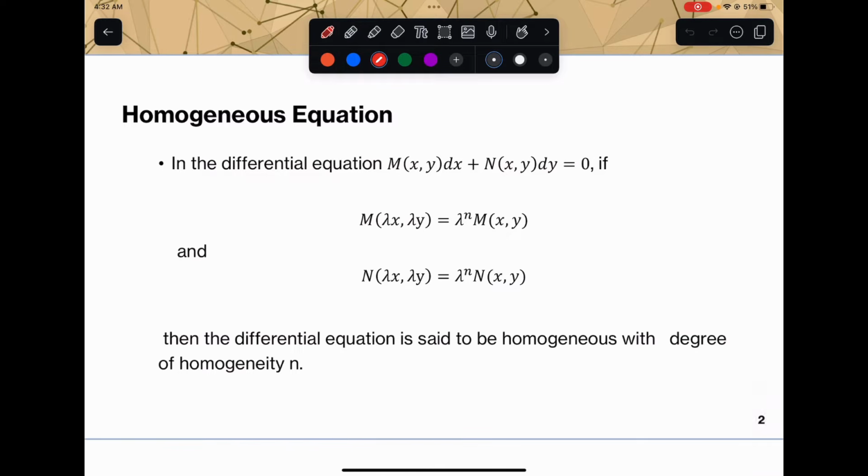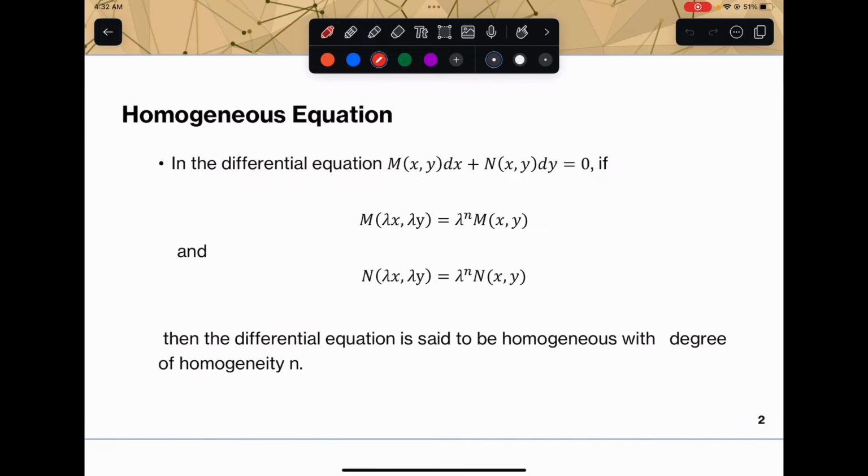From the term itself, when we say homogeneous, that means there is a commonality among the different terms involved in a given differential equation. In a differential equation whose format is M of xy dx plus N of xy dy equals 0,